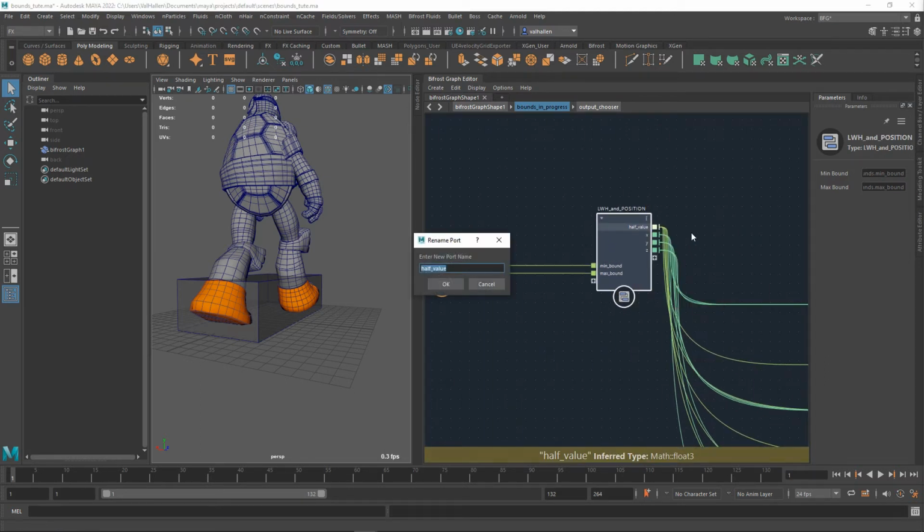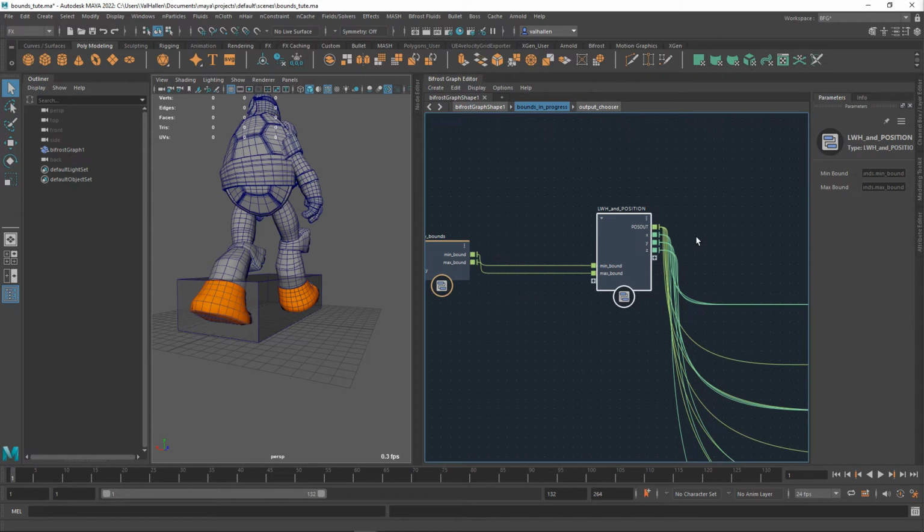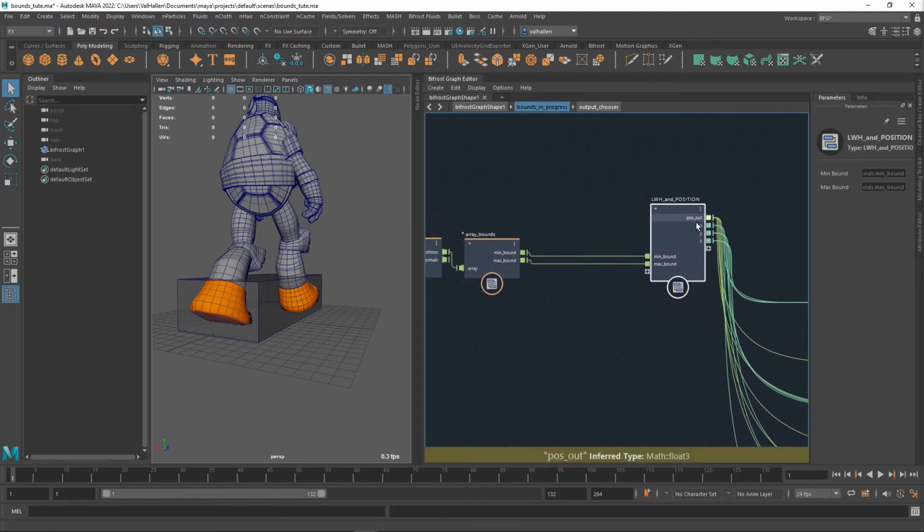And rename that to, that's my pos out. And these are X, Y, and Z. Oh, caps lock on. Position out, and then my X, Y, and Z. So really all I need to